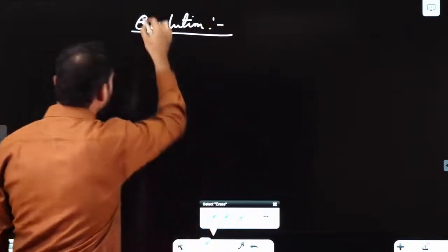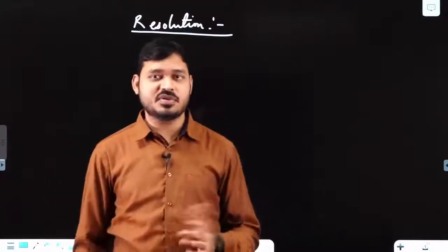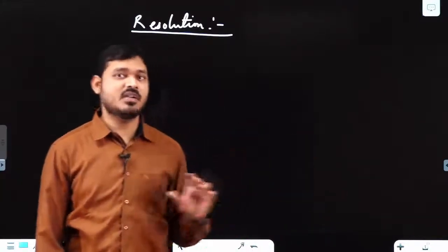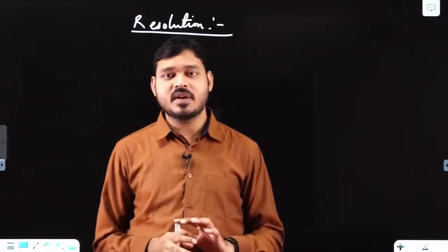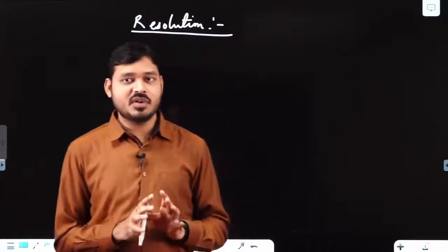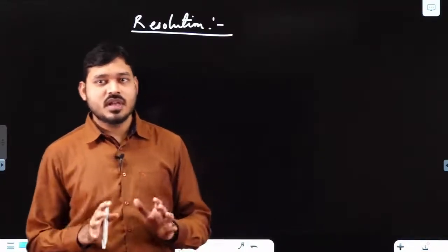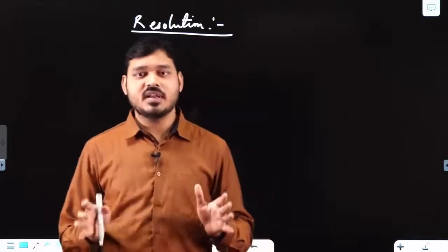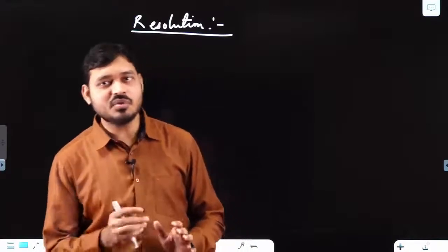Resolution. Now what is a resolution? See, here I just mentioned to you about racemic mixture. In reactions, racemic mixture is produced generally. Okay, in particular cases, not always, but suppose I am given one optically active compound. Now if it is optically active, its mirror image can also be produced. Now if we are given a container which is having racemic mixture or enantiomeric pair, how to separate it?